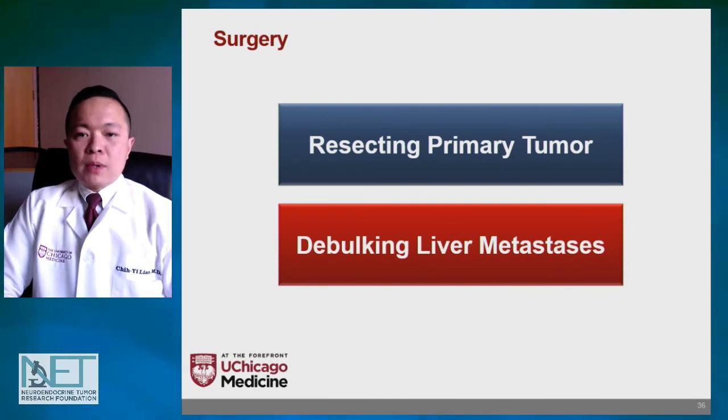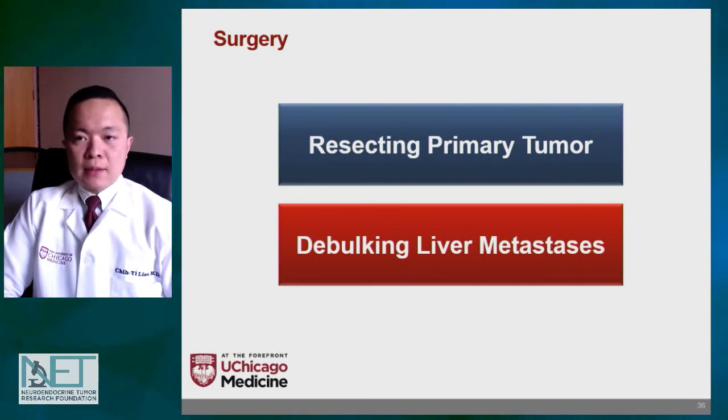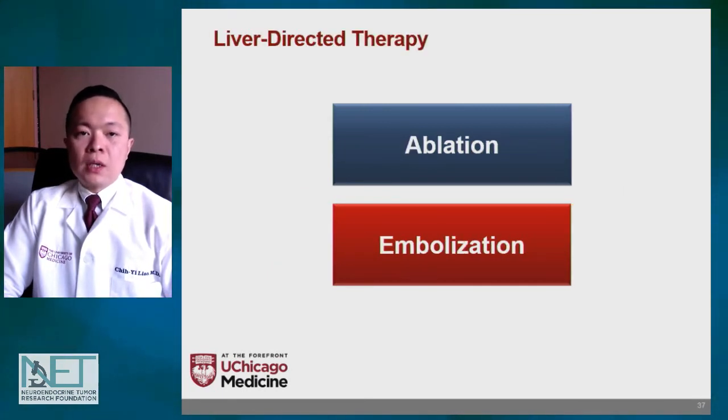When we think about treatment, surgery is one of the treatment modalities we use in neuroendocrine tumors, and that involves both resecting the primary tumor but also debulking liver metastases. There is also something called liver-directed therapy, which are treatments we do directly to liver tumors. And this includes ablation, so these are percutaneous techniques that can involve things like radiofrequency ablation or microwave ablation for small liver tumors, or it can involve something called embolization, which is a technology that takes advantage of the fact